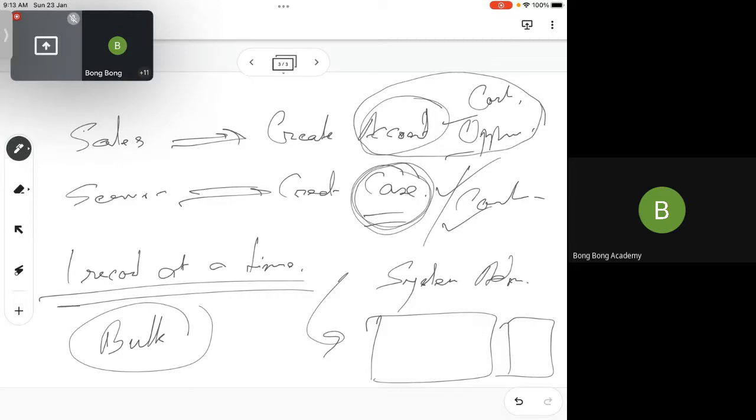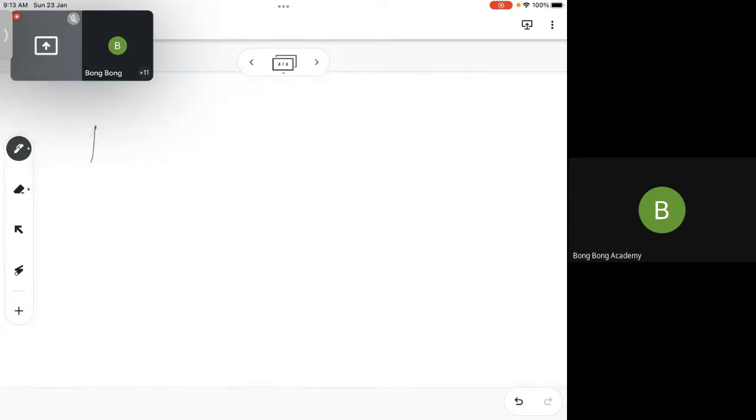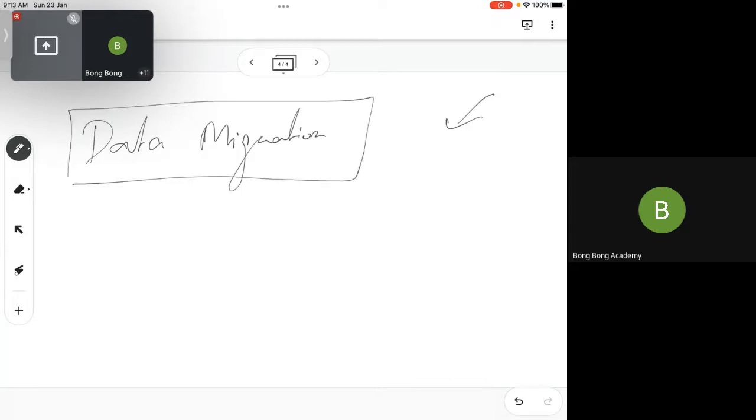So we call this activity data migration most of the time. There will be projects wherein the customer is coming to Salesforce from any existing CRM or no CRM at all. So these data migration projects would need bulk operations on tables, and that would be done by system administrators, not by individual salesmen or service people. So you will be loading hundreds of records into Salesforce at one shot. Okay. How do you do that?